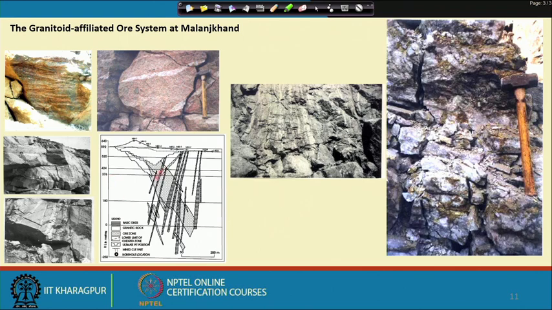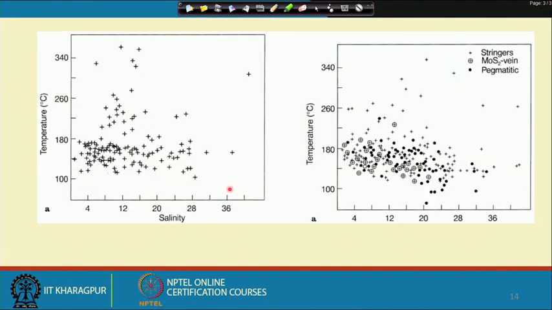So we could assume that yes, after the granite actually started to crystallize, it definitely moved way up in the crust, and then finally after getting arrested at a shallower condition corresponding to 4-5 kilometer of depth, this mineralization took place. This scenario is also quite different from what we see in the typical porphyry copper situation.